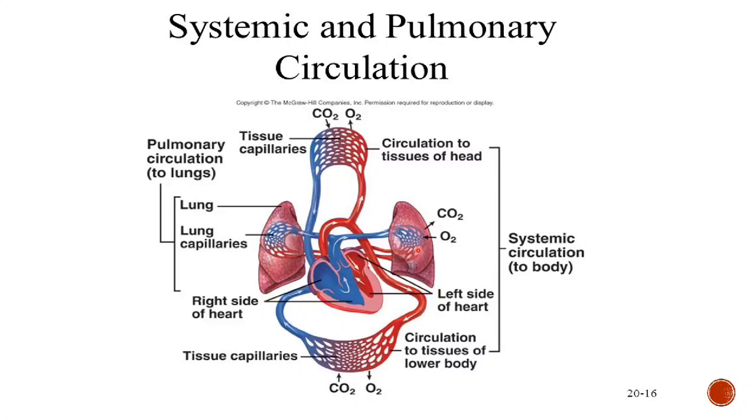and there the blood will be oxygenated or purified, and then through the pulmonary veins it enters the left atrium, and from there the left ventricle, and from there the large artery, that is the aorta, which divides into the descending aorta, one branch to the head and neck, and the systemic aorta to the whole body. So this is how the systemic and pulmonary circulations are arranged in the body.